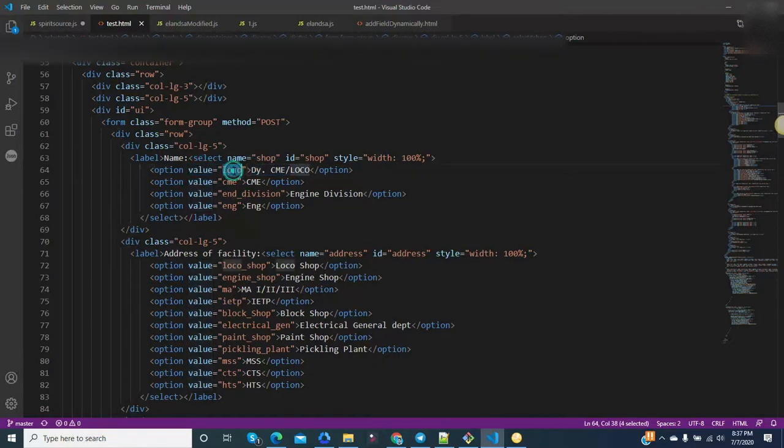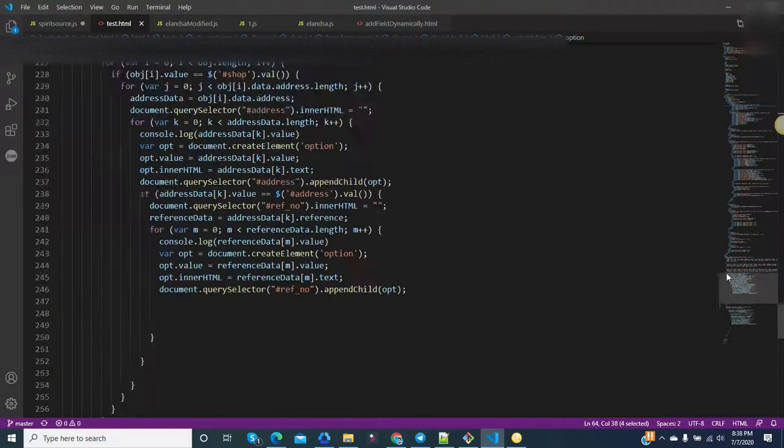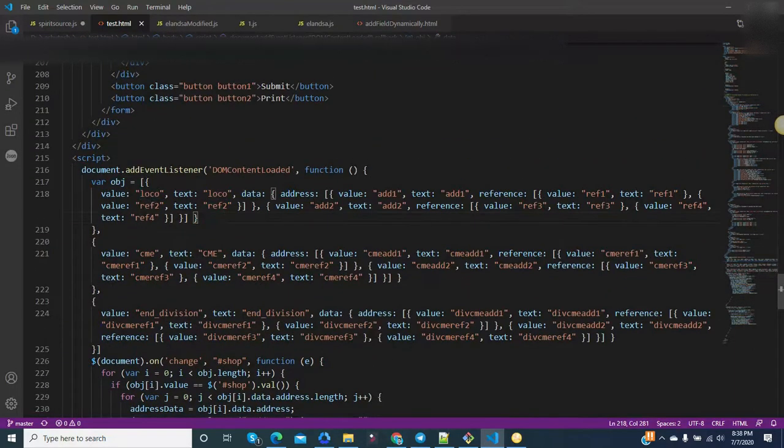A value can be different from the text, so accordingly you need to define it here.